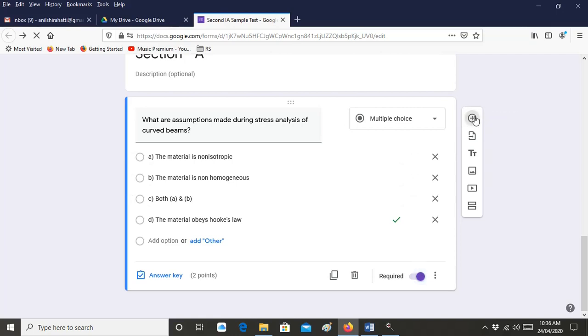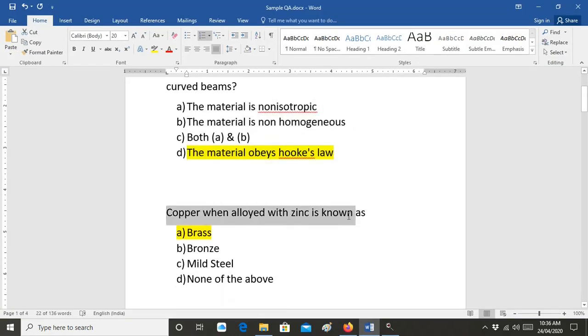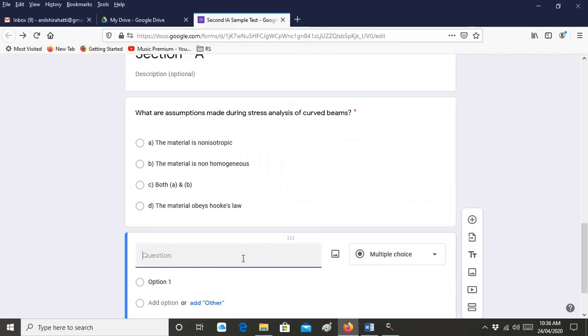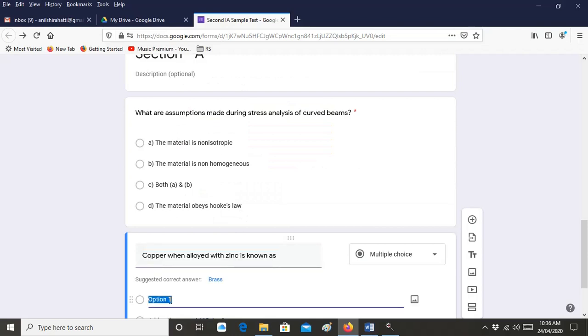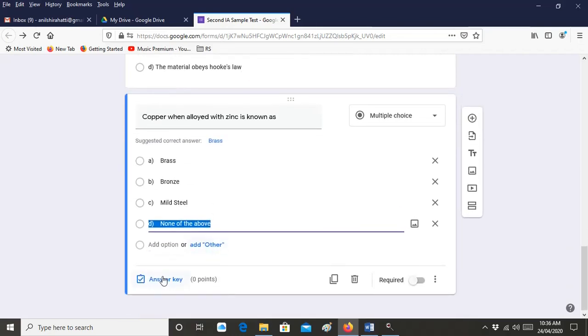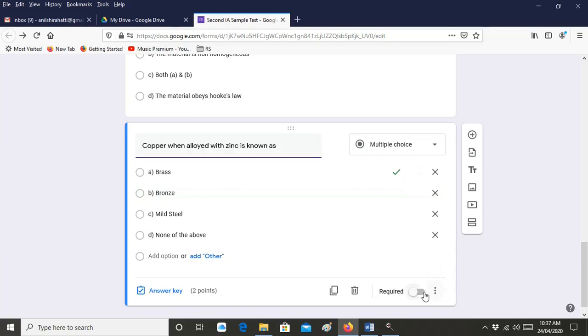So let's add the next question. Go to your Word file, copy here, done, all 4 options, okay. Answer key. So the correct answer, first the points, number of points are 2. Let's say brass is the correct answer, done, and required, okay.